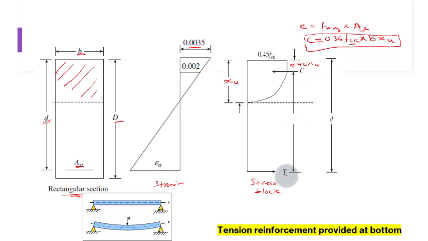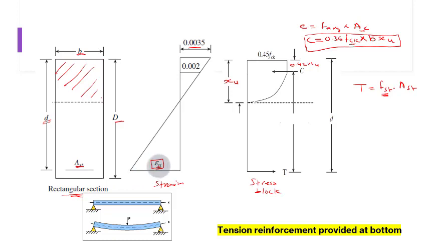The tension force T that is acting here at the centroid of reinforcement will be FST into AST. Now this FST is the stress corresponding to the strain EST, which is at the level of reinforcement